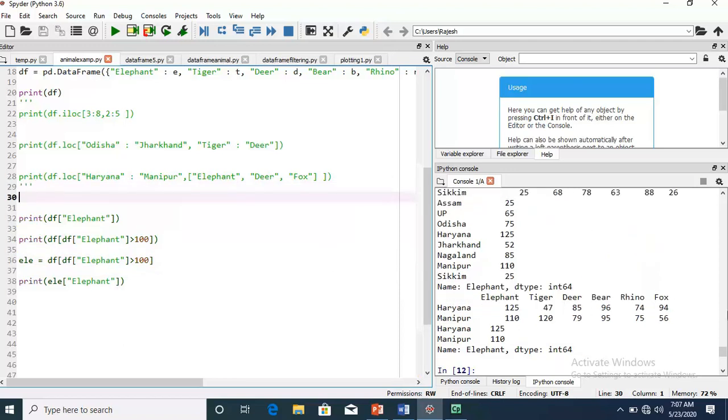It's showing all the columns. Here, all these columns are unnecessary for us. We require only the elephant column.